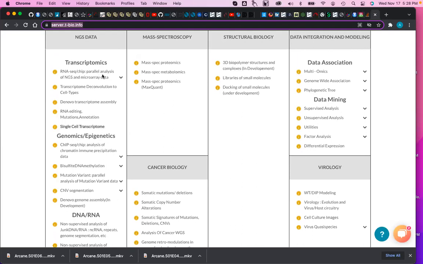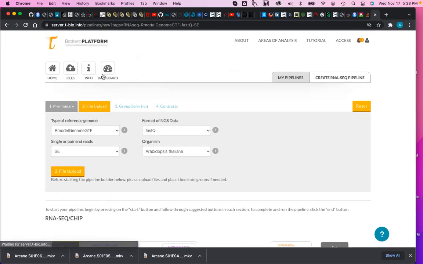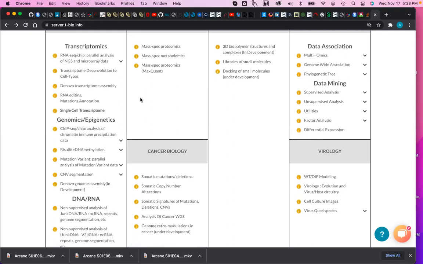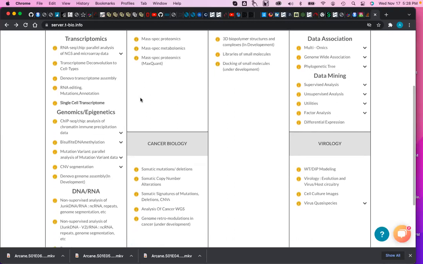All you need to do is just click on this and it takes you to the next stage. One lovely thing about it is that it is AI enabled. So once you click on a pipeline, it immediately gives you options, right? Because I said there are a plethora of ways to analyze data. But once you click on the pipeline, it automatically tells you the next 1 or 2 steps to take, and guides you until you reach the end of that pipeline. For example,